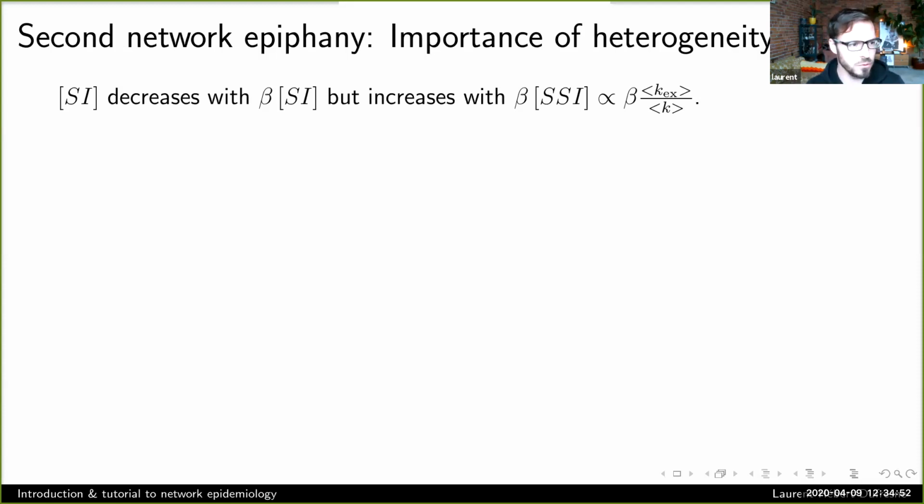Here's a cartoon of why I keep saying heterogeneity and why that matters. So I wrote down very quickly the differential equation for this number of contacts SI, and it had 2 terms that were important and sort of fighting each other. One was that if you do transmit over an SI edge, you turn that edge into an II, and the number of SI edges go down, right? But it also increases with beta times this number of triplet SSI, because if I infect a neighbor and they have a lot of susceptible neighbors, I'm creating a lot of SI edges. And going over these edges, that's the term that's proportional to this average excess degree where heterogeneity is important.